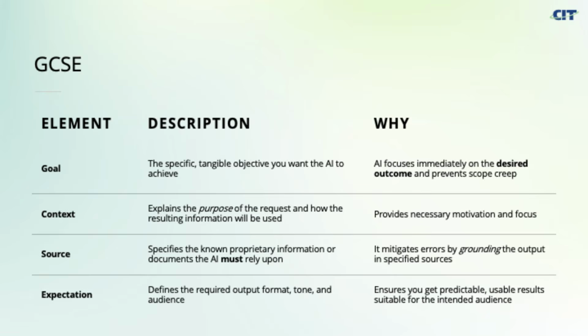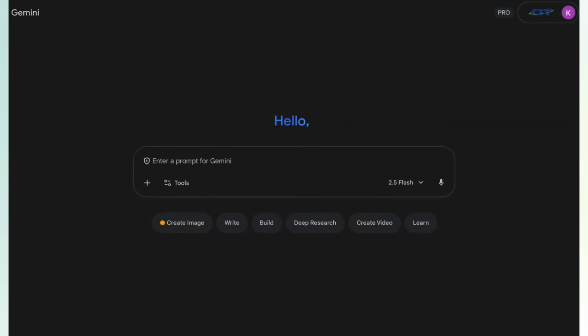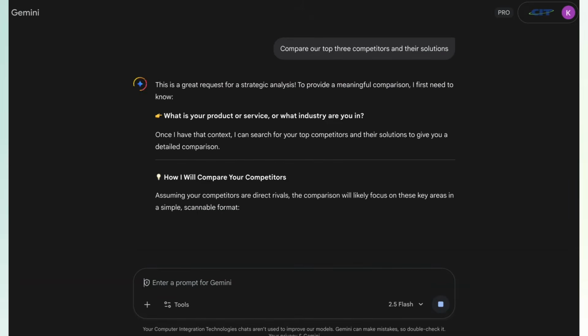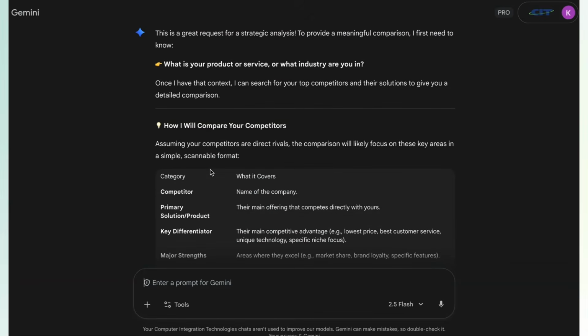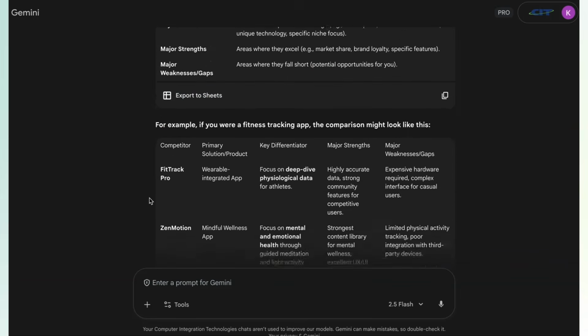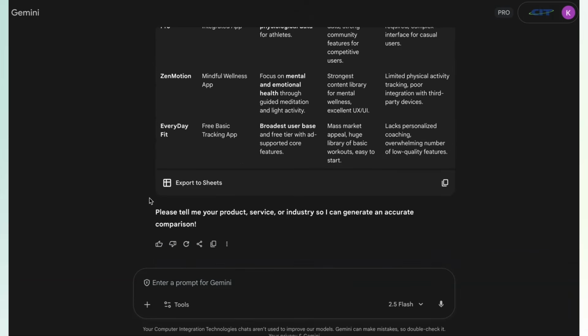Without using the framework, I'll type in something like, compare our top 3 competitors and their solutions. This is within my workspace in Gemini. Just because it has permissions to the documents in my Google Drive, it's not going to reference them without a clear directive. You can see here that Gemini then follows up with questions and an overview of what type of data it will output. This is great learning in context, but let's focus on the same problem using the GCSE